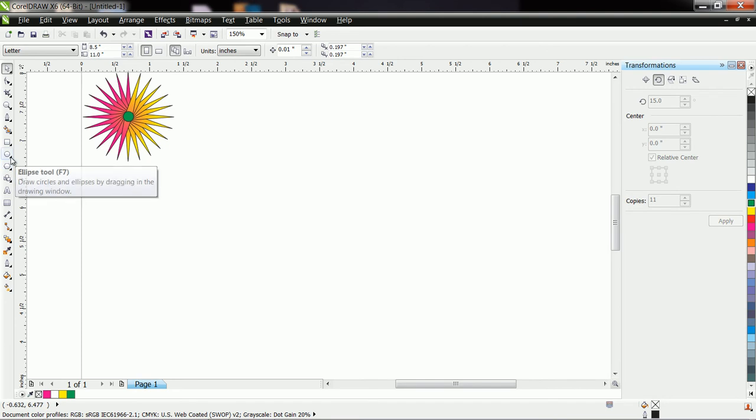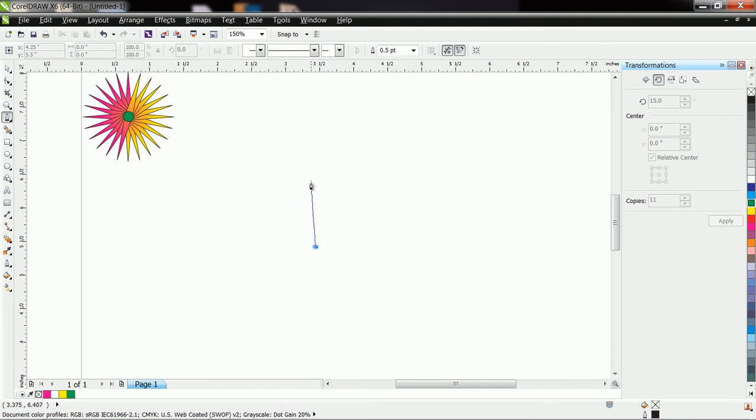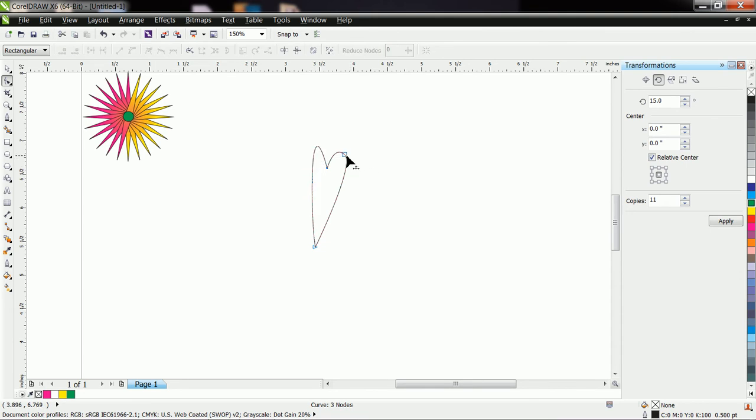Suppose here we have some shape, cusp node.